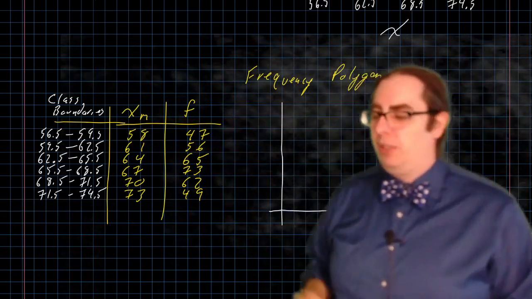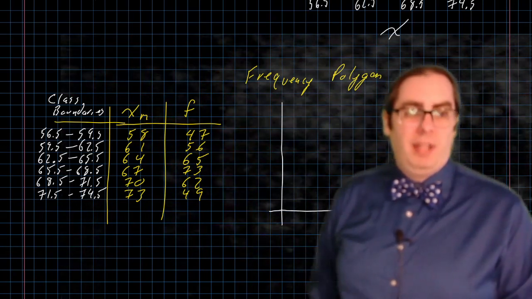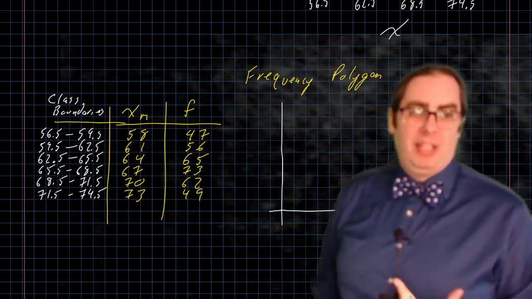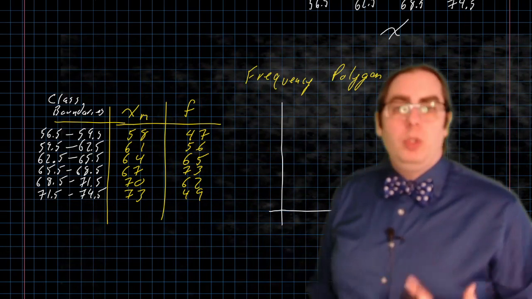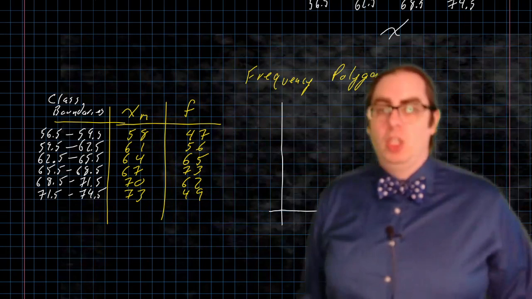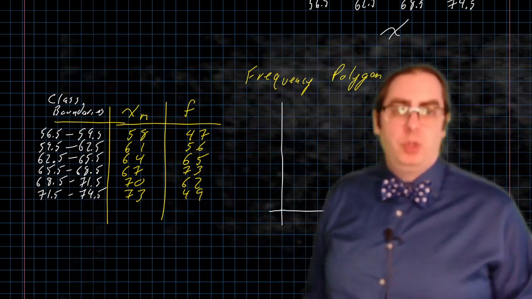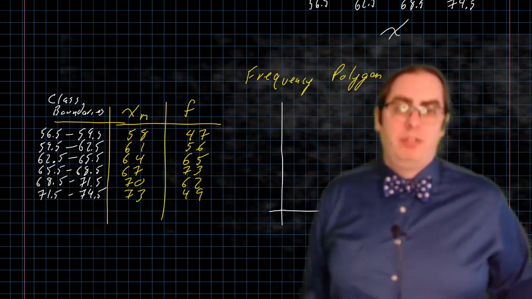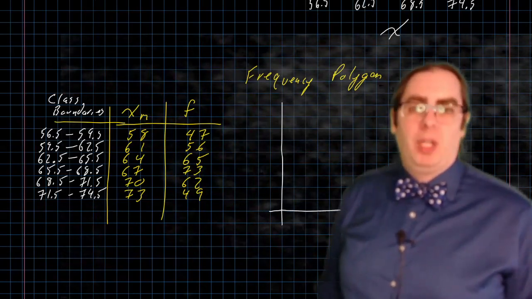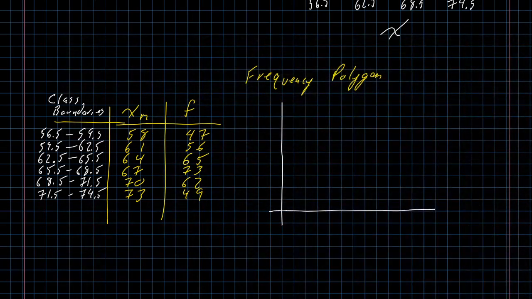350 data points in 6 classes is relatively small. That's not a lot of classes. We could have expanded this out and gotten more data, but that's not what happened. When you have many classes, when you have 12, 15, 20 classes, a histogram is still the tool of choice. When you have 100, 150, 200 classes, because you have that much data, that's when a frequency polygon really becomes the more useful tool. Right. But a frequency polygon,